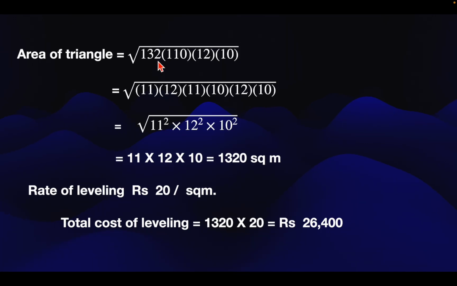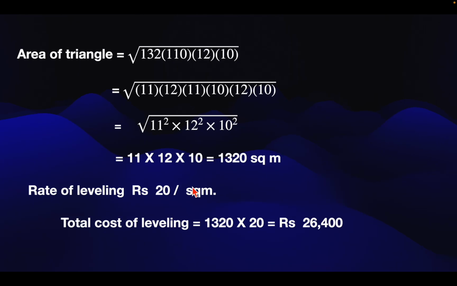Okay, now factorize this. 132 is 11 into 12. 110 is 11 into 10. 12, leave it as it is. 10, leave it as it is. So here you can see this becomes 11 square. This is 12 square and 10 square. So here it is. Square root of this will be 11 into 12 into 10. This is equal to